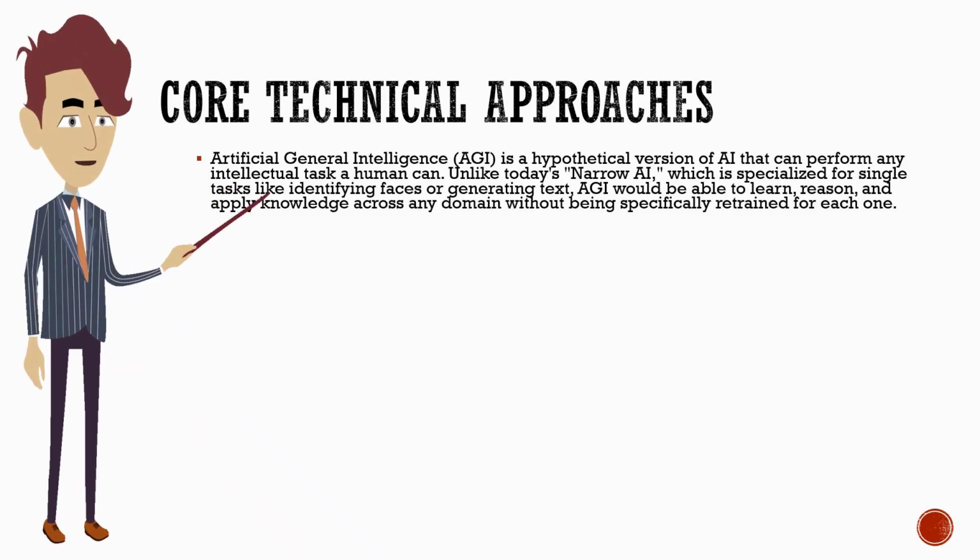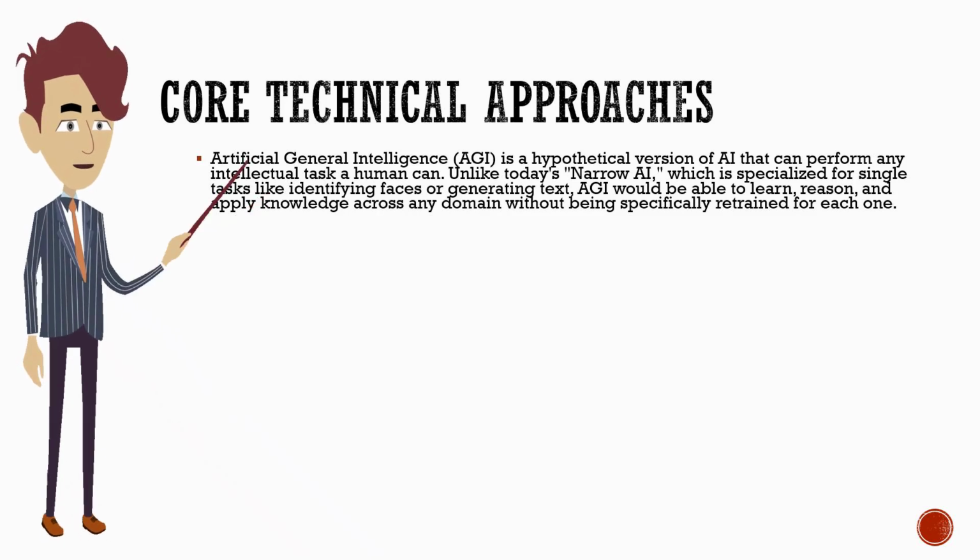So basically, artificial general intelligence, that is AGI, is currently a hypothetical version of AI, and it is supposed to be able to perform any intelligent task that a human can perform, right? So unlike today's narrow AI, which is specialized for single tasks like identifying faces or generating text, AGI would be able to learn, reason, and apply that knowledge across any domain without being specifically